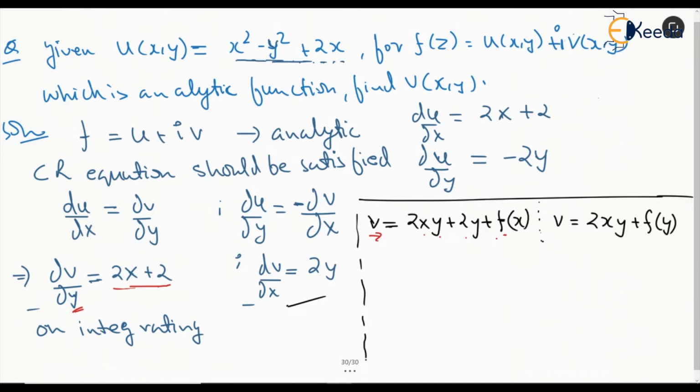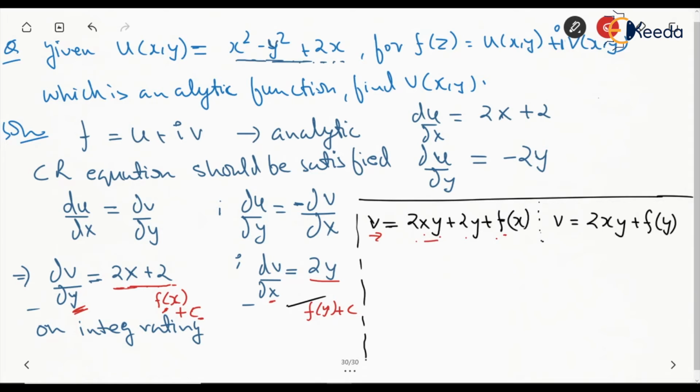So that is why when you are integrating this function with respect to y, you will have to take a function of x, and if required you can take plus c as a constant, because c will also be treated as constant for y, and this function of x will also be treated as a constant. Similarly, while integrating 2y with respect to x, there will be a function of y which is treated as a constant in terms of x, because x is not related with y, and other than that there can be a constant. So I'm not writing that constant part, and then we can compare.